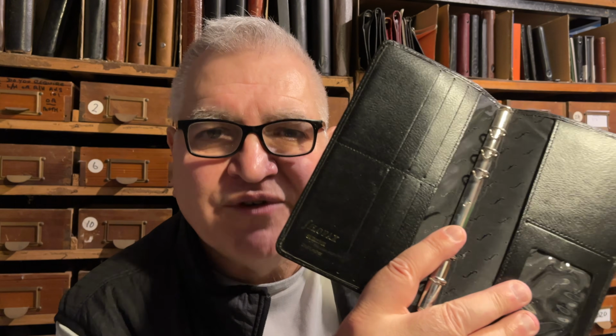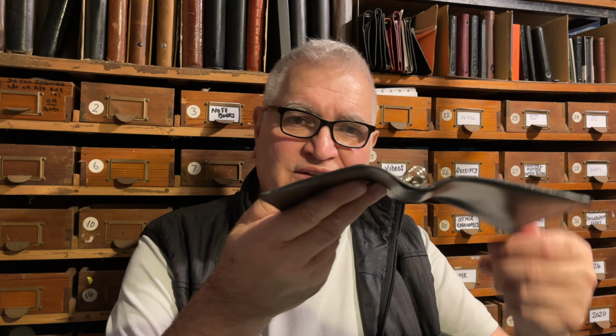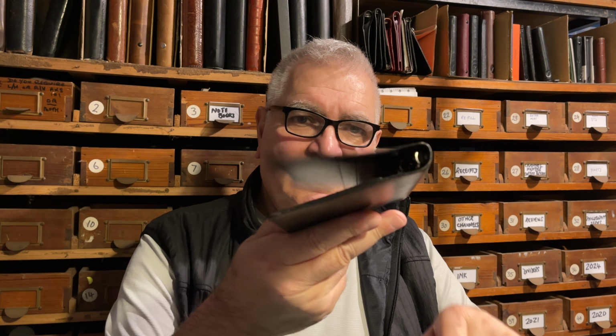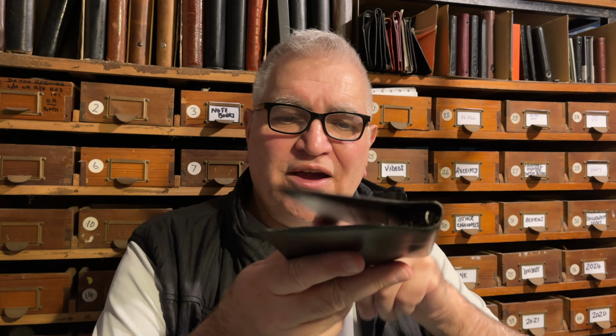This is a similar one, but this is, let's go for this one. So this is like a modern Filofax slimline, probably about 20 years old, but made in the Filofax era. But look at the flatability of this. How can you use that? I would say, how can you possibly make something like that and then put it on the open market when,